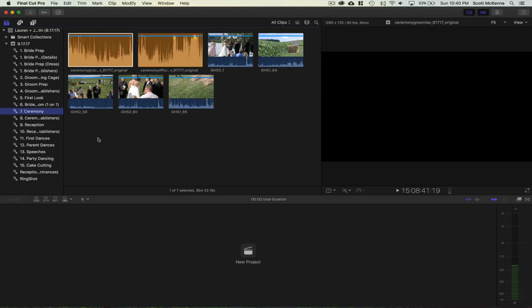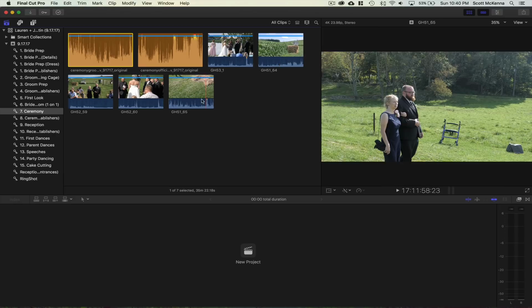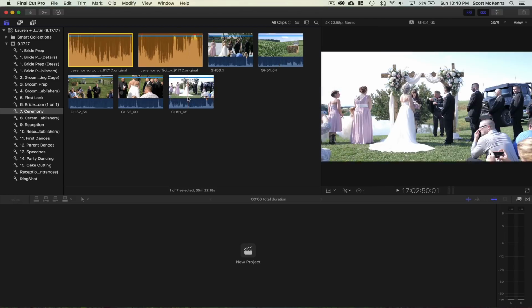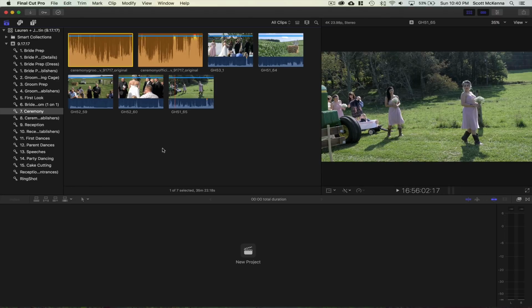So I'm going to take you through a ceremony edit, but everything is basically the same concept if you were doing some sort of commercial shoot and there were multiple cameras and multiple audio sources. In this wedding, I basically have 3 camera sources and 2 audio sources. So I have a lav mic on the groom, I have a lav mic on the officiant, then I have 3 camera angles. These are just separate clips because for some reason I stopped recording one of the clips. I don't remember why, but usually it's just 3 clips total, 3 camera angles.